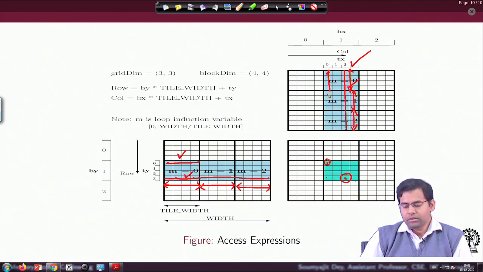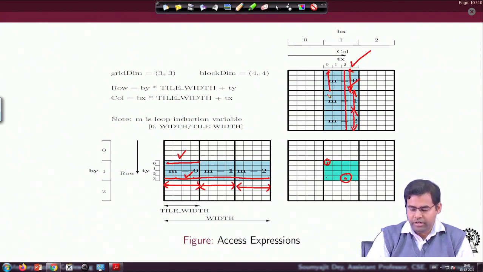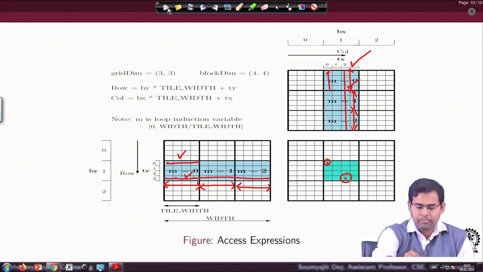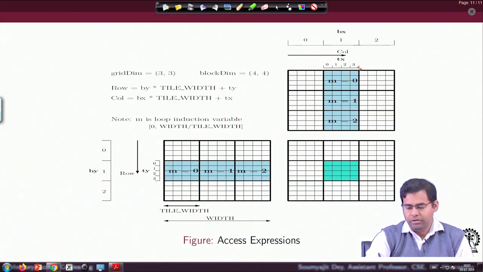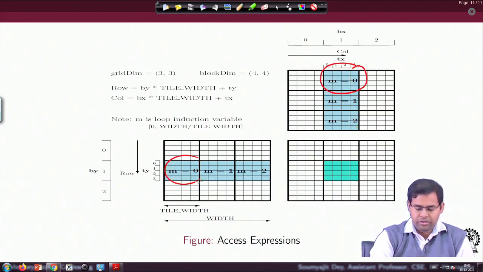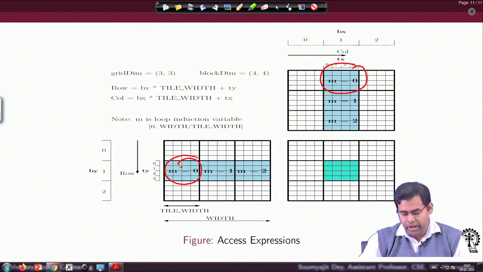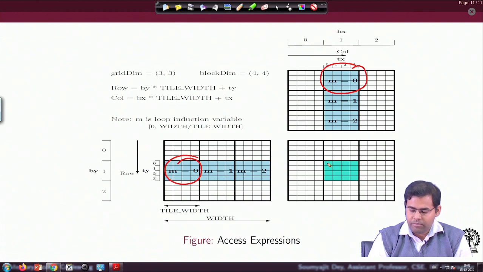So after all the threads for this tile have brought in this tile and this tile and then done the computation, what do I have? I have some data points computed for all the locations, but they are not the final results. They are all partially computed multiply adds for corresponding rows and columns.